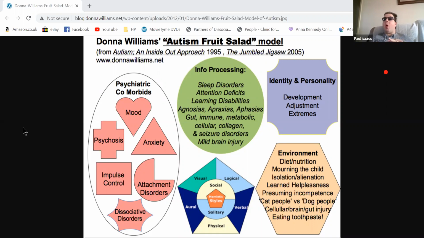Now, we get into some more complex stuff, and I'm just going to give you a basic overview of these three words. So the first one is agnosia. All agnosia is, in the most simplistic way I can describe it, that the sensory organs work, but the perception, the awareness of it, doesn't. So common agnosias on the autism spectrum, which I'll expand on in the later training, are face blindness. That's a common one: the inability to recognise people by their faces.